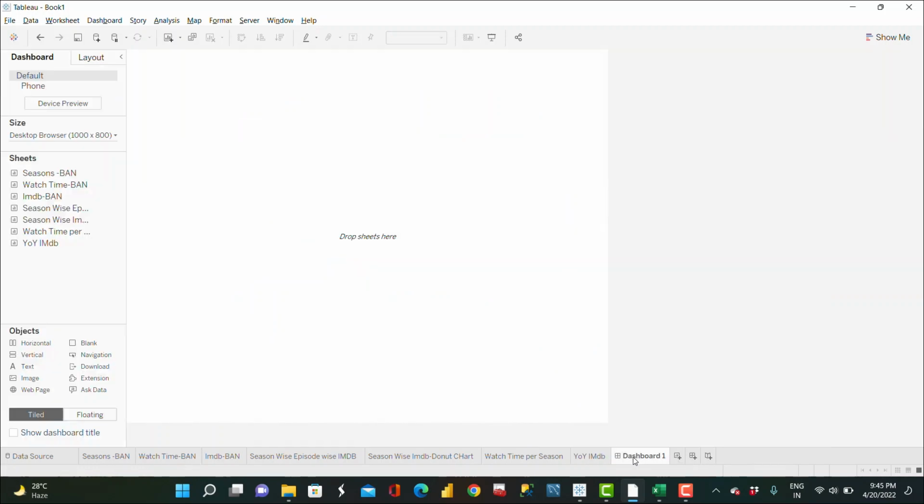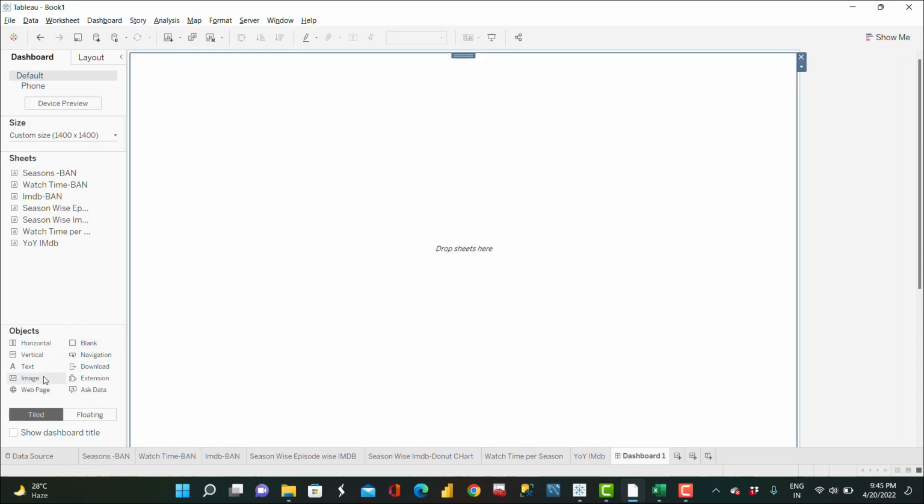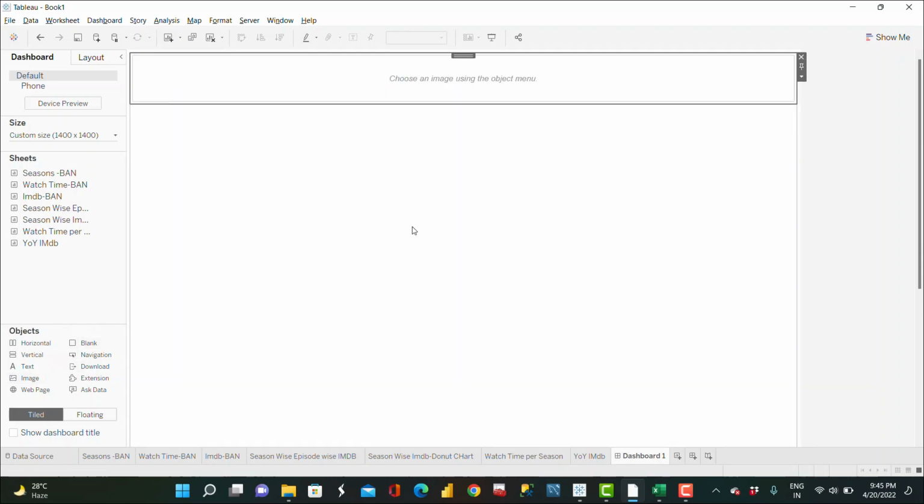So you can just click on that, and I will not be going into detail of what this layout is, what this size is, because it will take another hour to explain. In this particular case I am just going to give my manual size. Okay, and what I'm going to do is drag the horizontal container first, and then drag the image,